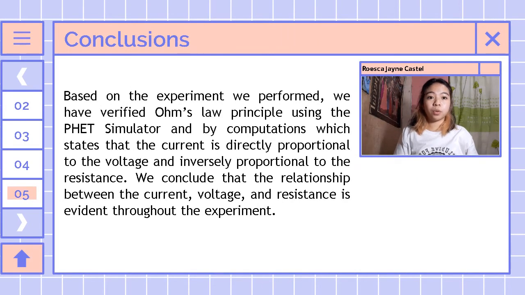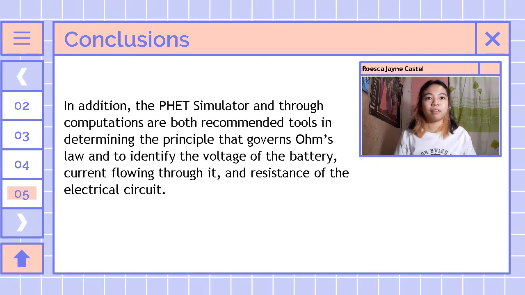Based on the experiment we performed, we have verified Ohm's law principle using the PhET simulator and by computations, which states that the current is directly proportional to the voltage and inversely proportional to its resistance. We conclude that the relationship between the current, voltage, and resistance is evident throughout the experiment. In addition, the PhET simulator and computations are both recommended tools in determining the principle that governs Ohm's law and to identify the voltage of the battery, current flowing through